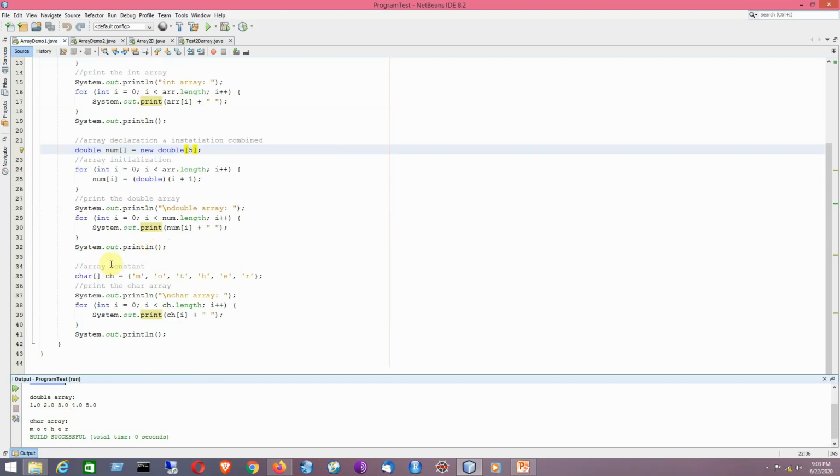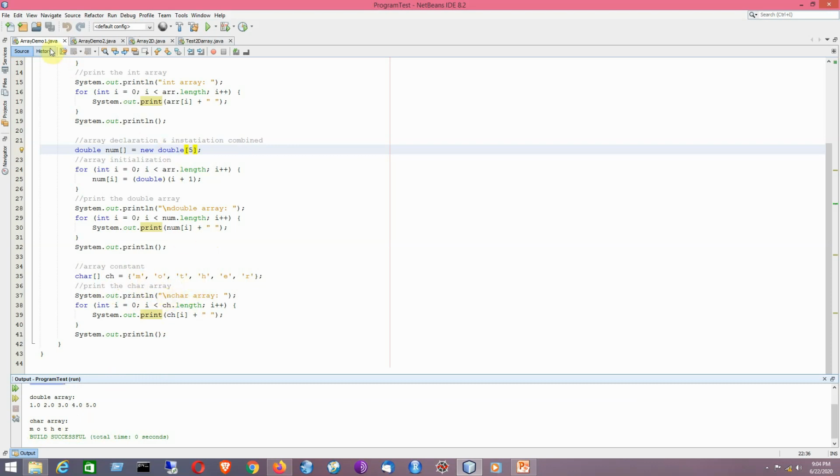For the last example, I have used here array constant because all the elements are now fixed. So I have declared the array, and instead of using the new operator, I have made here default allocation. Like the array will be having basically default content. That is why it will be considered as an array constant. It is having 6 characters, MOTHER. Now I have tried to print the elements of the character array. So it will be like MOTHER. In that way I can deal with a character array while the array is basically a constant array.